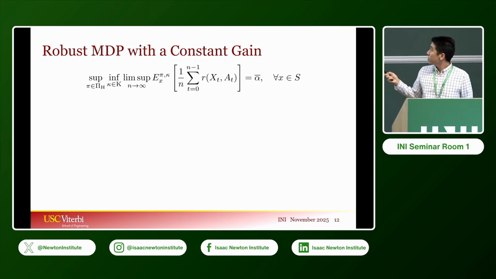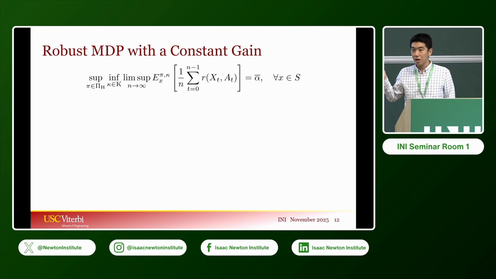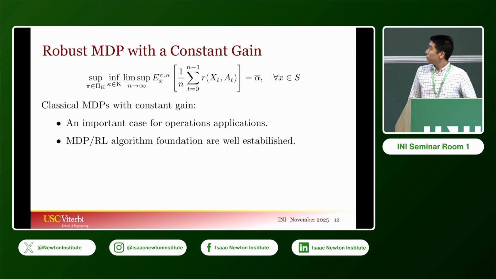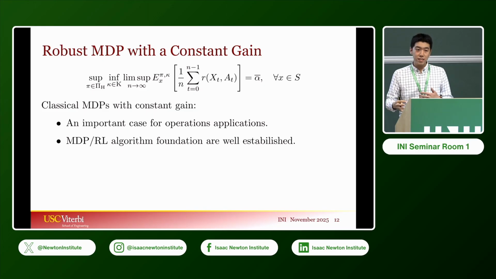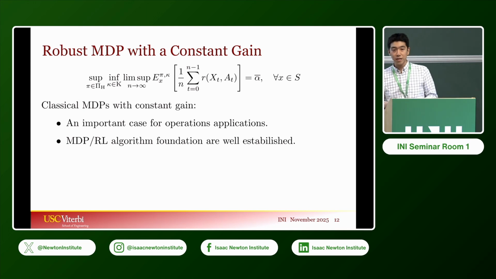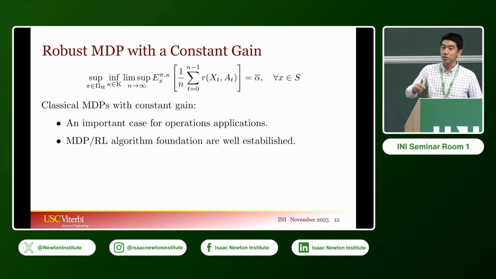So in particular, we're going to use this alpha bar to denote this optimal constant average reward across states. And this constant gain setting is well motivated in the classical MDP literature because typically in many operations applications, there are some natural constraints that under a reasonable policy, you're going to induce a stable system. Hence, the stable system will converge to a unique steady state, and that will guarantee the constant gain,